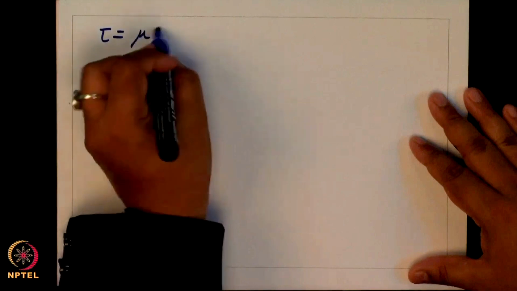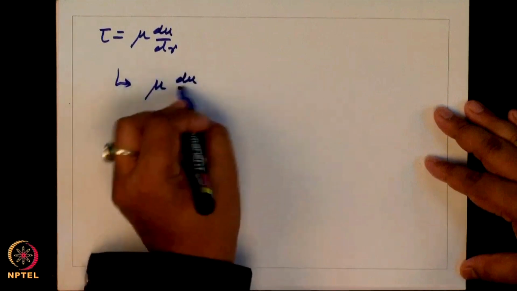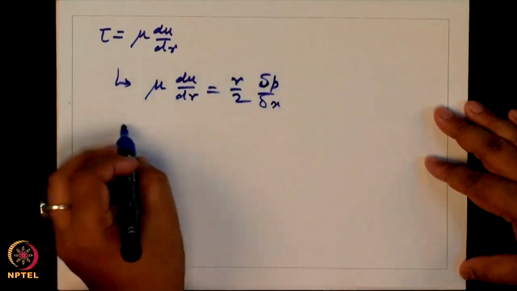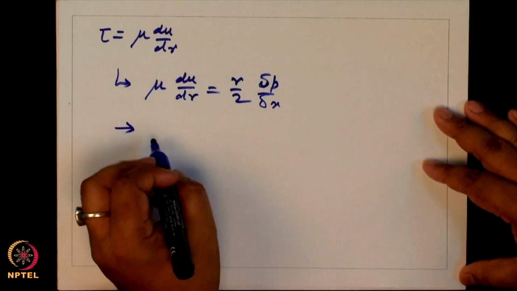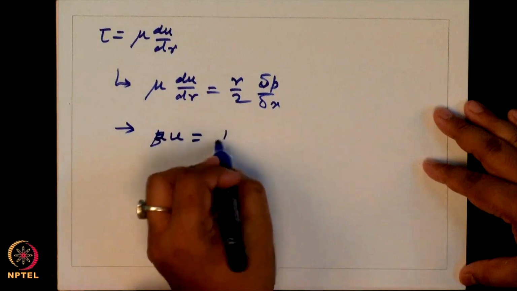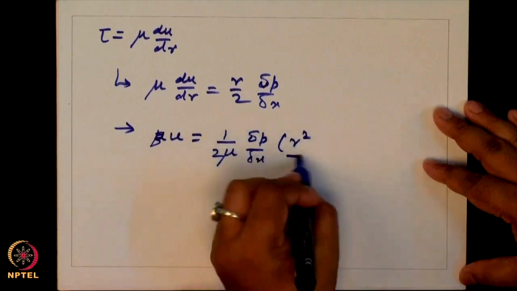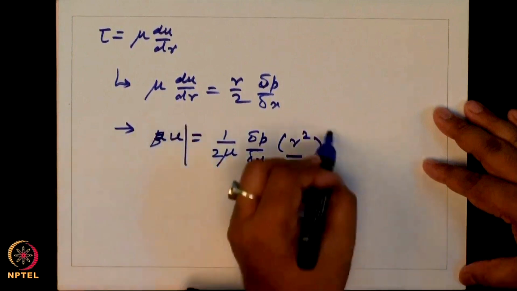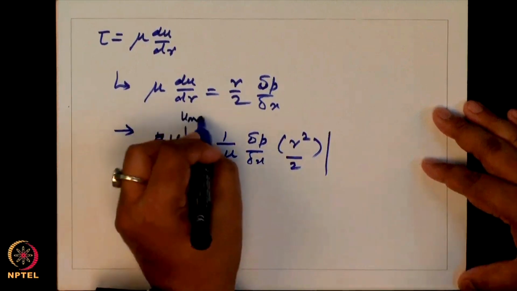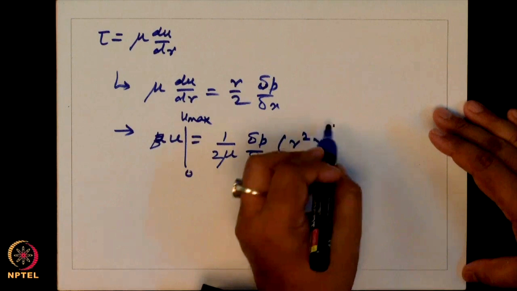Because tau is given by mu du dr, this is Newton's law of viscosity, you can put this equation: mu du dr equal to r by 2 del p del x. You can integrate this equation. So, you can find that u is 1 by 2 mu del p del x, r square by 2. And if I integrate from 0 at the walls to maximum at the center, so from capital R to small r,